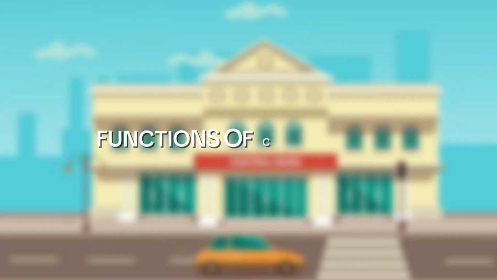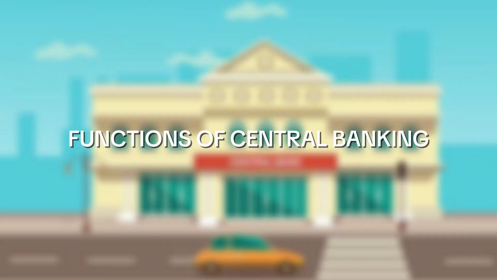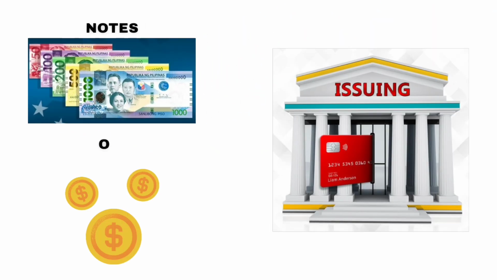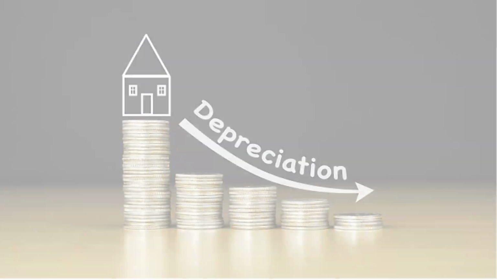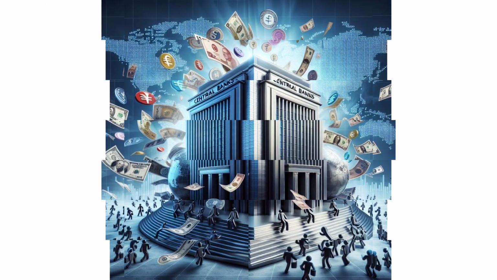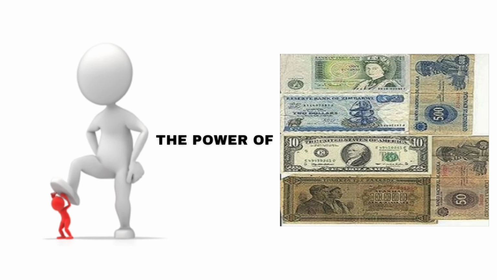And now, I will show you the functions of the central bank. First is bank of issue. There was a time when the state and some banks issued notes and coins, resulting in the loss of confidence of note issue by the state and the depreciation of the currency's value. Many note issuing banks also did not fare better, for they abused the power of note issue.